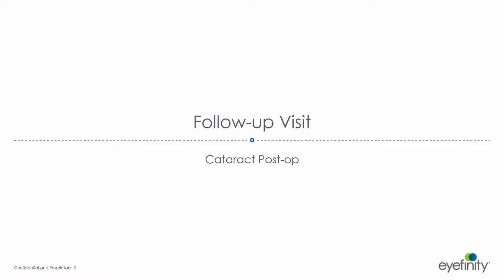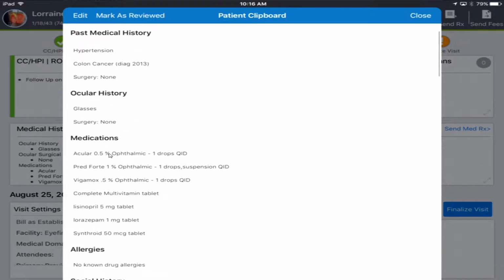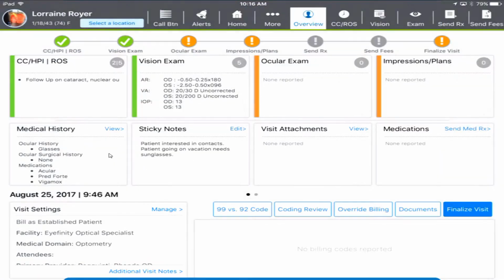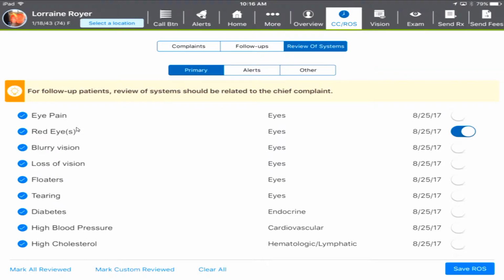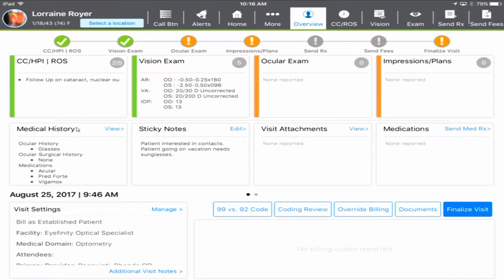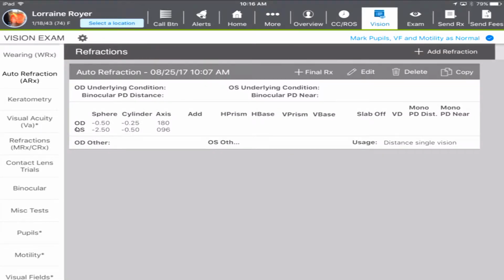Now we'll take a look at just how easy it is to document a cataract post-op in Affinity EHR. Review everything documented by the technician. We see the medication that the ophthalmologist prescribed. We'll mark that reviewed. In the chief complaint, we see the technician has entered in the follow-up for the nuclear cataract. We'll review the system information with the patient and review anything the technician documented in pre-testing for the patient